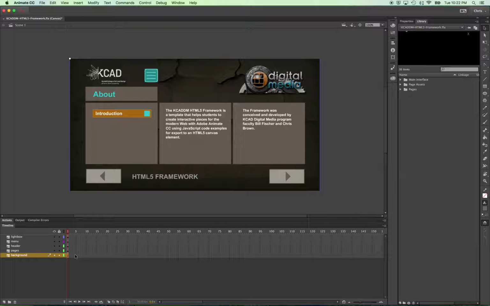So I'm just going to pick through what's different or what stands out when building for HTML5 Canvas specifically. We have our background layer that just sits behind everything. We can go ahead and lock that. Now the pages layer, this is the big one. This is the movie clip that holds